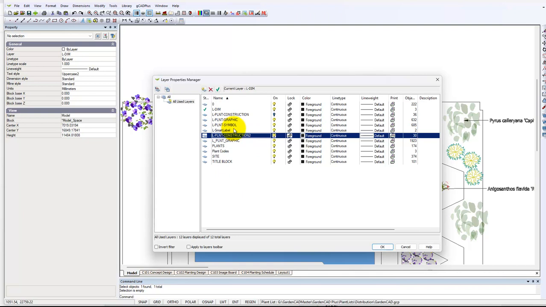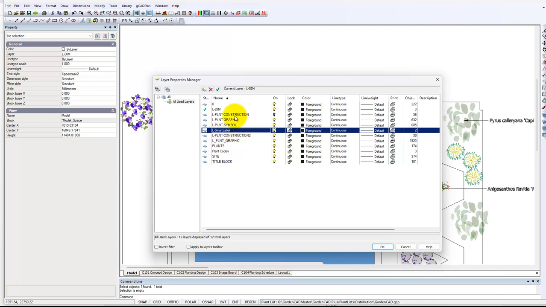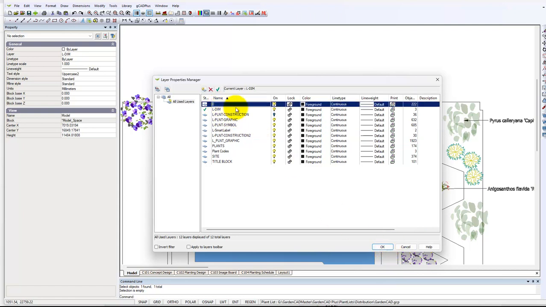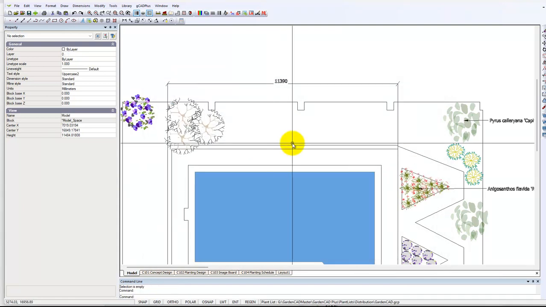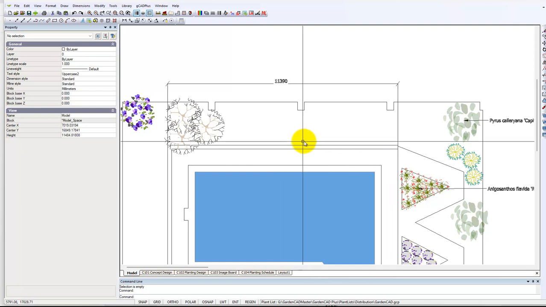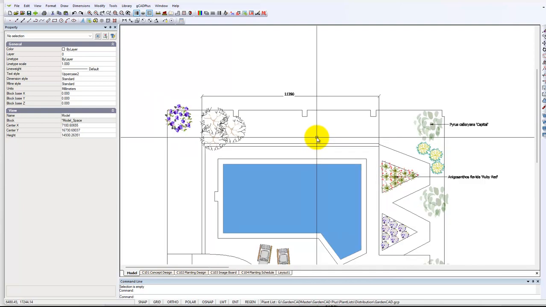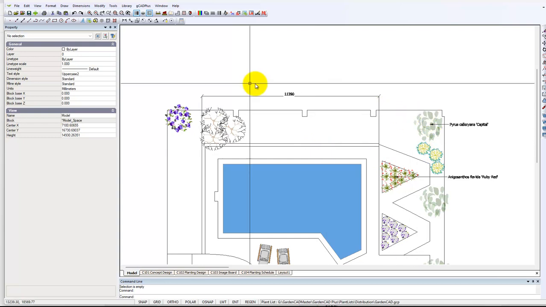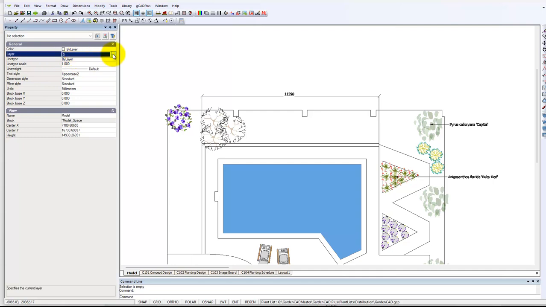The smart label tool, to help distinguish from some of these others, is a mixture of upper and lower case, but most of the others are uppercase. So let's accept now that the dim layer has been created and it's current. So whatever dimension we put on here now can be moved easily to that layer. If we wanted to dimension this line in here, we would come over to the layer here and set it for L dim, then